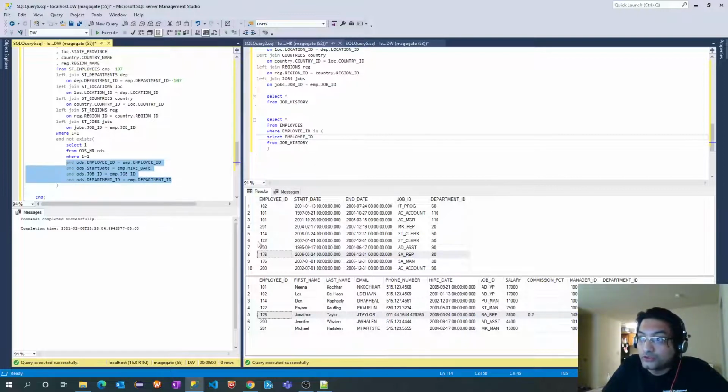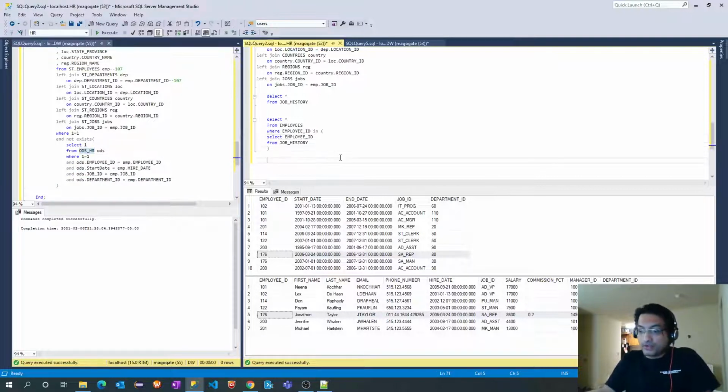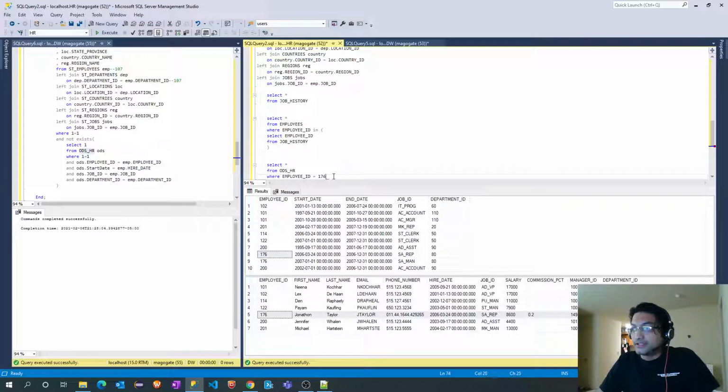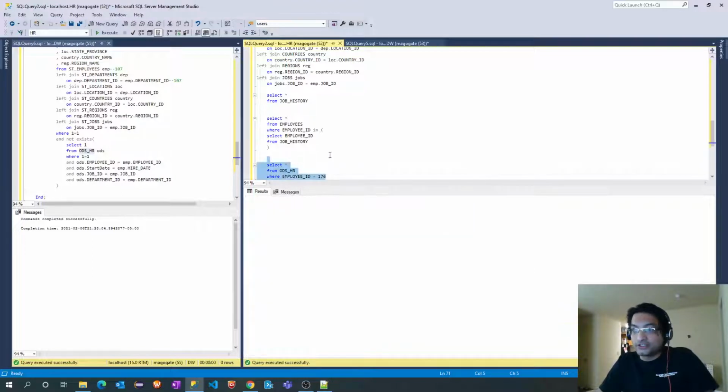For this particular record, all four columns match, and that's why it skipped inserting it into the ODS table again. So if I go back here, where employee ID equal to 176, I should see only one record.